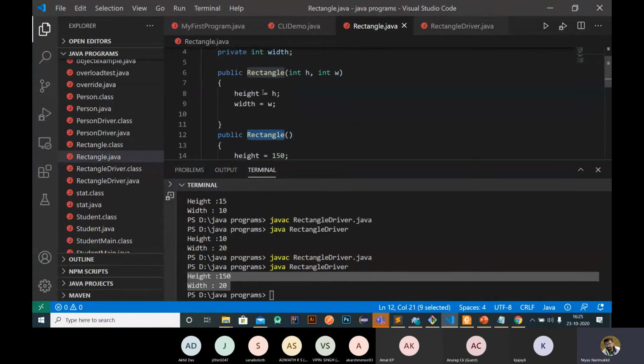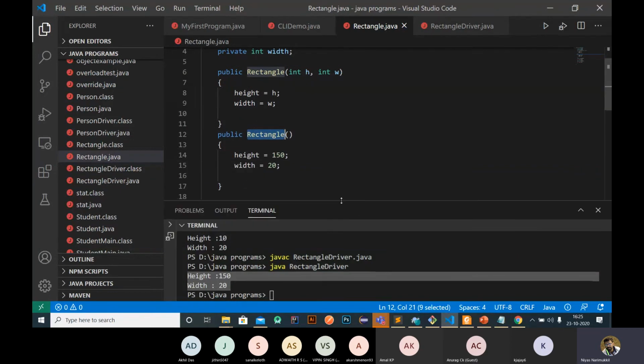Okay, so these are called constructor overloading. Constructor overloading means we can provide more than one kind of constructor method, and we need to differentiate the constructors based on the parameters. Here in this constructor we are not passing any parameters, but here we are passing parameters h and w, right? So these are called constructor overloading.